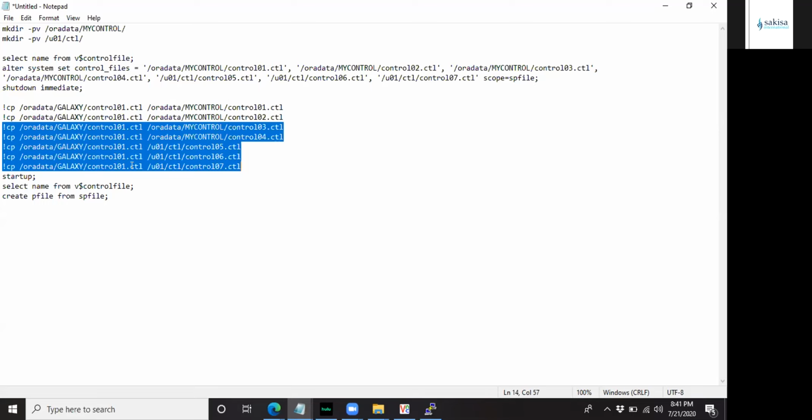No, maybe you've never tried it. I've tried it. If you try to put control01.ctl in one directory and you bring another control01 in that same directory, it is not going to copy. It's going to tell you that this file already exists. Really? Yes. So I guess the best thing is to move it then. Yes, I guess the best thing is to move it.